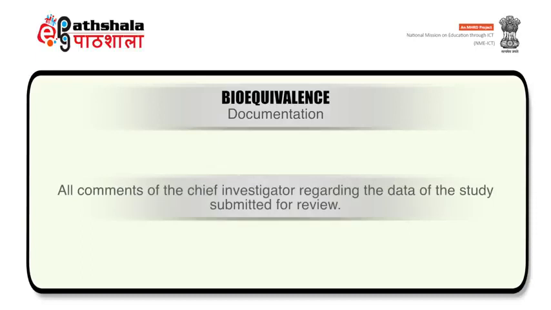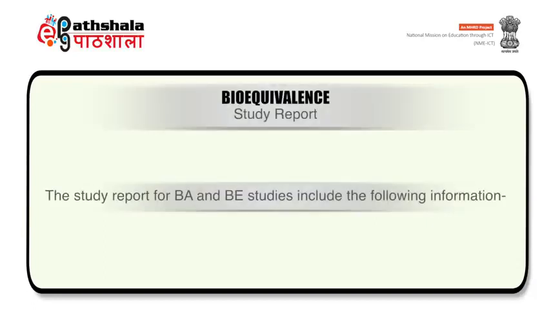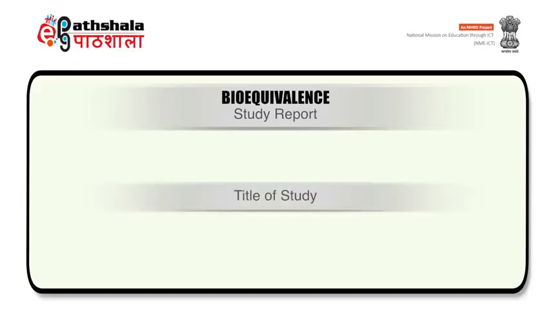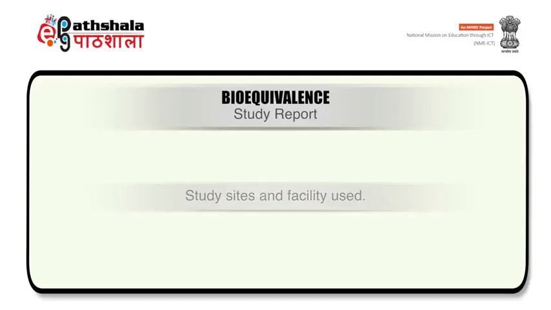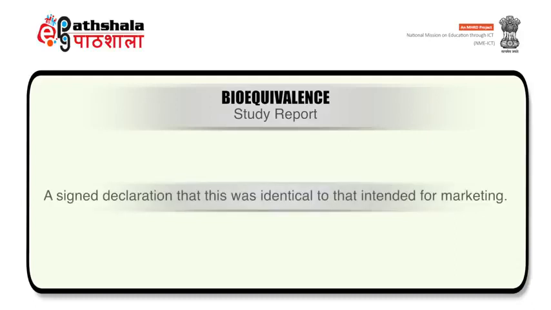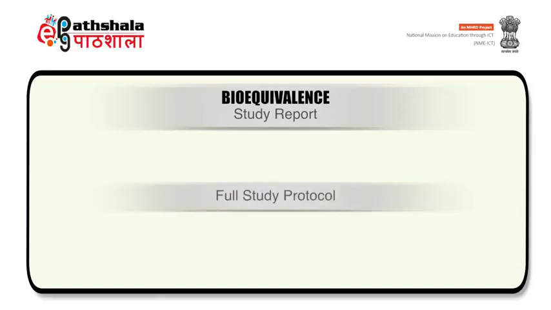All comments of the chief investigator regarding the data of the study submitted for review, and a copy of the final report. The study report for the bioavailability and bioequivalence studies should include the following information: table of contents, title of study, name and credentials of the responsible investigator, signatures of the principal and other responsible investigators, study sites and facility used, signed declaration that the product was identical to that intended for marketing, results of the assays, full study protocol, report